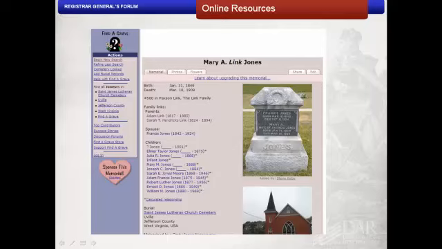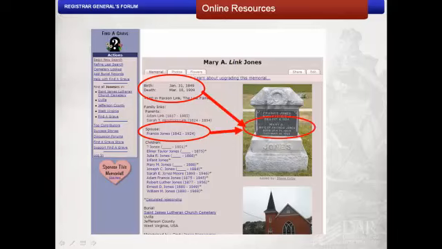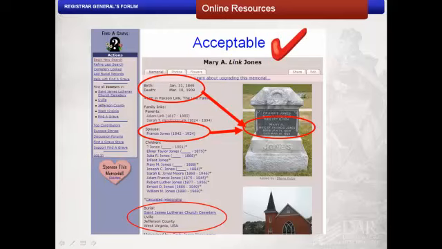This memorial for Mary A. Jones includes her tombstone photo from St. James Lutheran Church Cemetery in Uvilla, Jefferson County, West Virginia. Her tombstone provides a complete date of birth and death, as well as the name of her husband, Francis Jones. The information taken directly from her tombstone photo and the location of the cemetery can be used for documentation of DAR applications and supplemental applications.